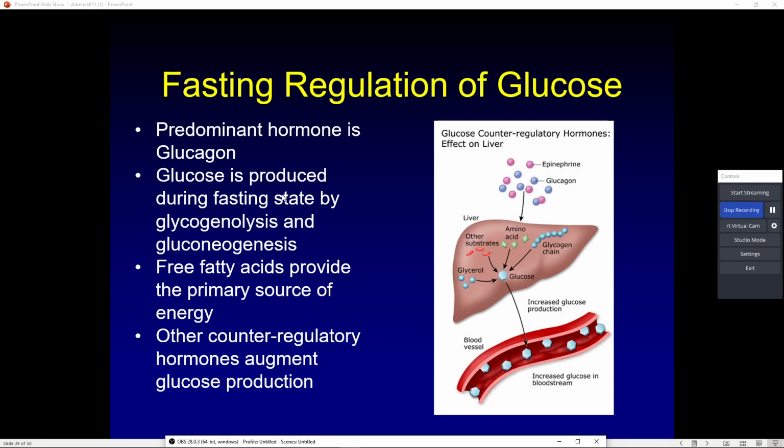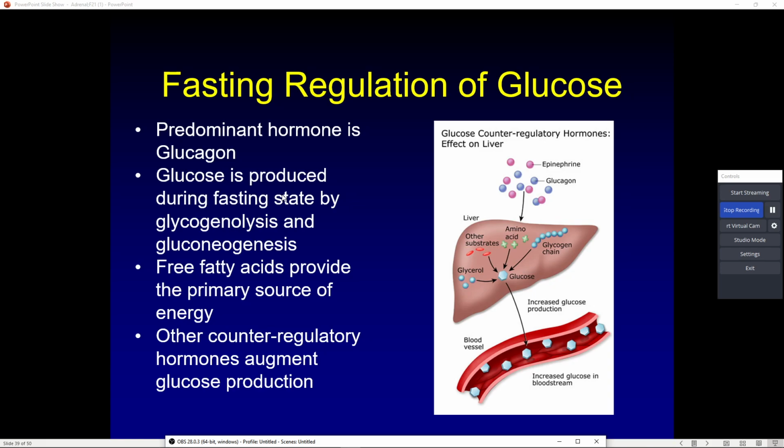So epinephrine and glucagon act on the liver, and that results in glycerol, amino acids, and glycogenic chains translating into, and by the way, I'm oversimplifying what is a very, very incredible process, but essentially that converts into glucose, which we store in our liver. So when epinephrine and glucagon act on the liver, we take that store of glucose and dump it into the bloodstream, or we begin to produce more glucose and dump that into the bloodstream. That's what we're measuring when we are measuring fasting blood sugars.